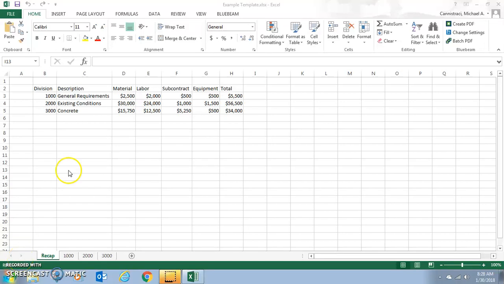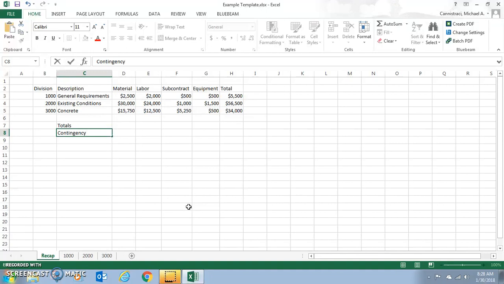So once you have all of your cells linked to the tabs, you can see that the totals work. We have to do a little more math in our book here. So I'm going to call this cell totals. I'll call this one contingency. Give myself a subtotal line, and then